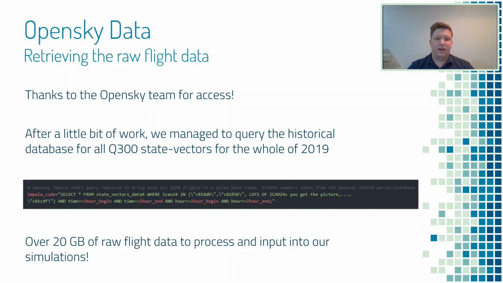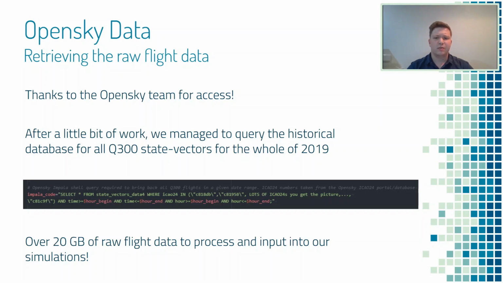So, after a little back and forth, we managed to get access to the OpenSky historical database. So I just want to say a big thank you to the OpenSky team for access. Thank you very much. After a little bit of work, we managed to query the historical database for all Q300 state vectors for the whole of 2019. A little scripting, and we can pull all that data automatically. And this resulted in over 20 gigabytes of raw flight data